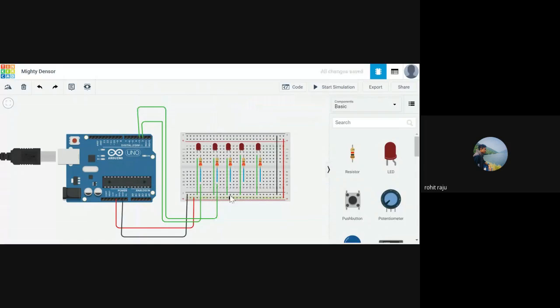There goes D3. Actually, you can change the color of the wires. That view. Four.